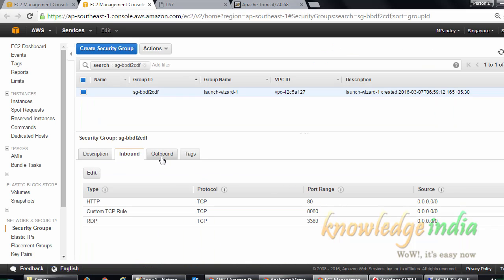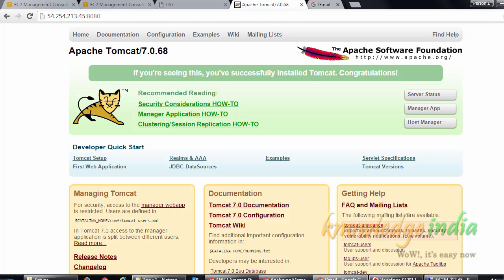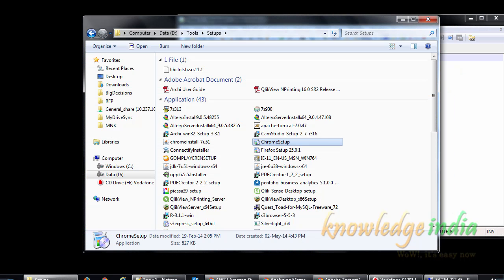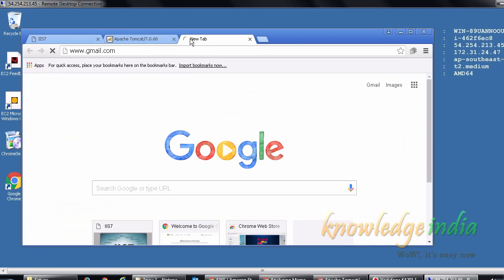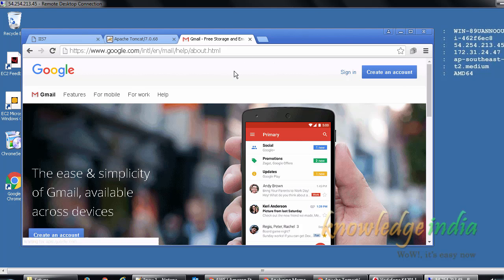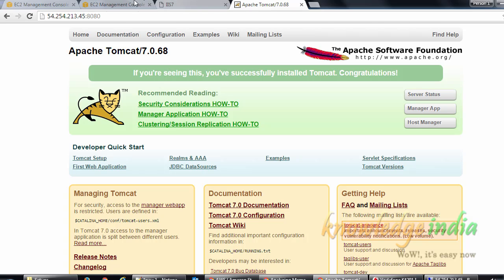Now let's take a look at the outbound rules. Currently everything is allowed. First, you can check that I was able to open any website. You check that I was able to access the internet on this particular machine, everything was working. Now, to understand this better,